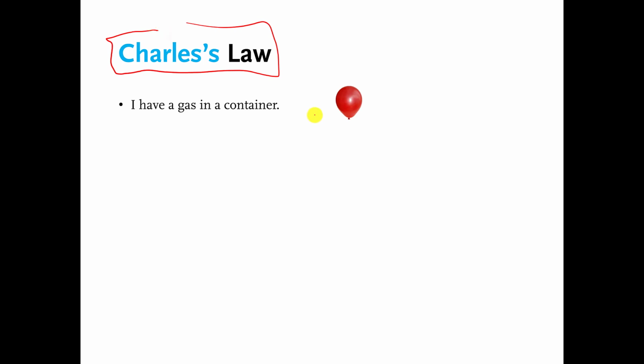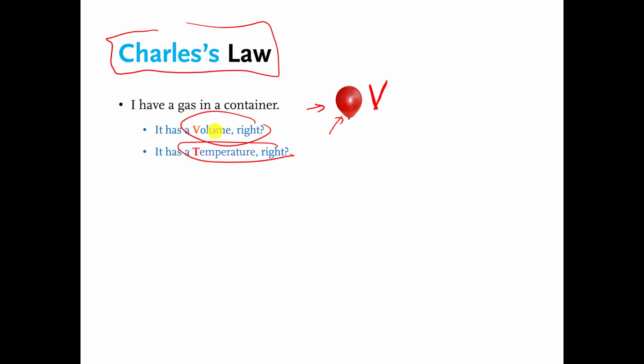I have a gas in a container. There's my gas in the container, gas in a balloon. It has a certain volume, which I'm going to abbreviate V, right? It has a certain size because the gas takes up a certain amount of space. The temperature of the gas in the container, there's a certain temperature and we can measure it. So we can put numbers on the volume and we can put numbers on the temperature, which I'm going to